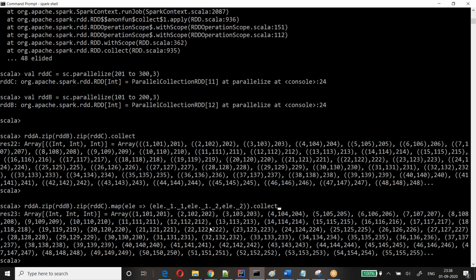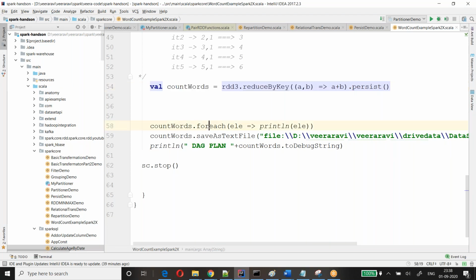So far, we have seen executing in the console or executing the program, like foreach or collect. But we have not done the Spark submit, right? It is a most important thing, because what are the parameters that need to be passed to the Spark submit and what is the deployment mode? There are two, client mode and cluster mode. What is the difference between them? How the Spark submit will work, those things we will be covering right after completing our broadcast and accumulators.